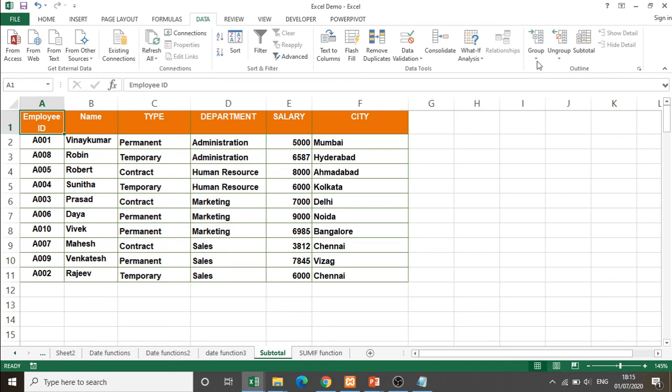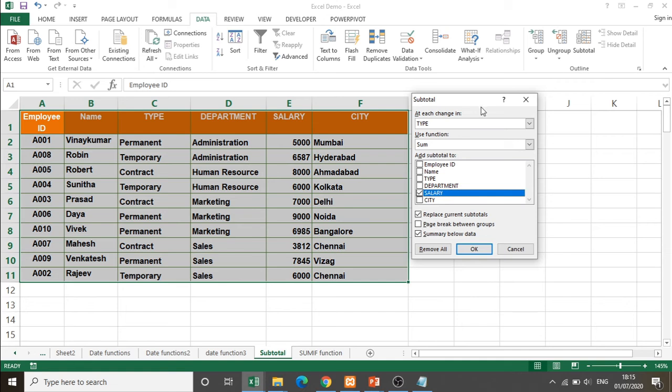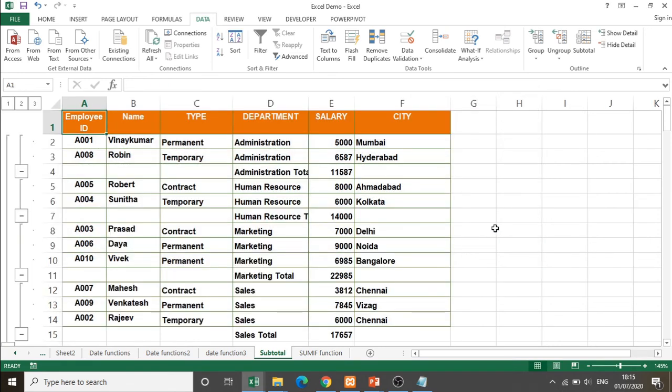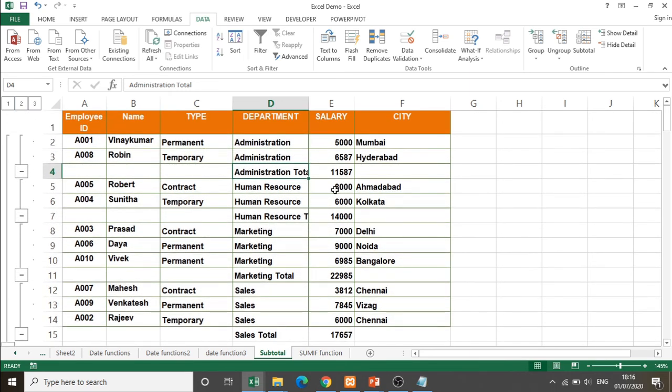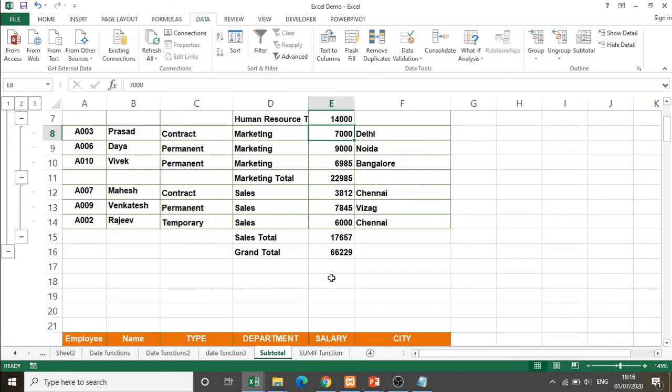Now I can apply the subtotal, and at each change in this option I am going to select department and what function I want to use and on which column I want to apply the function. Click the OK button. So now administration is one department, HR, marketing and sales. They are different departments, and you can observe the subtotal for all these, and finally you can observe the grand total for that.